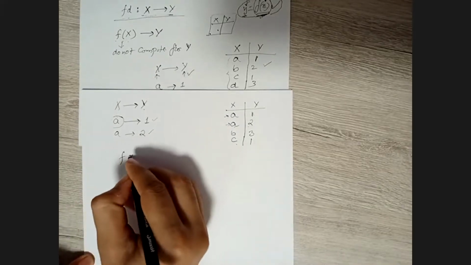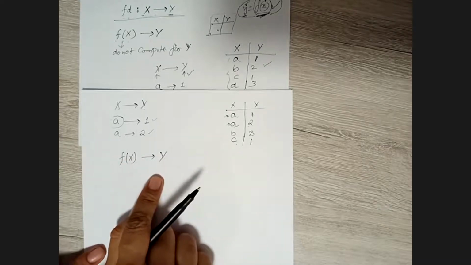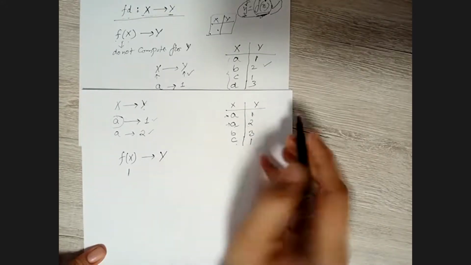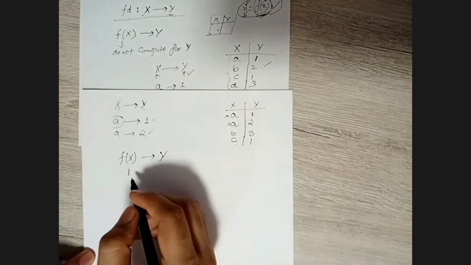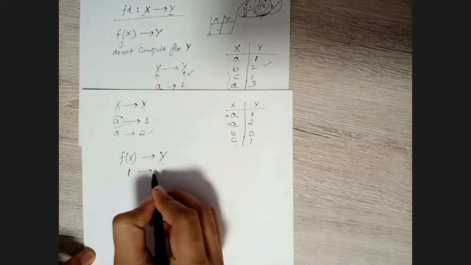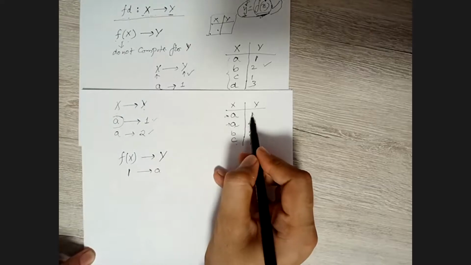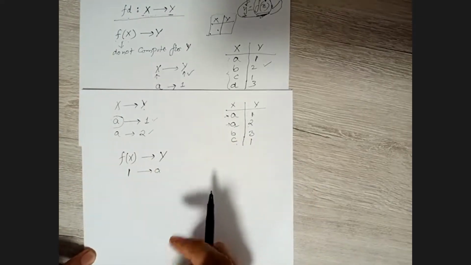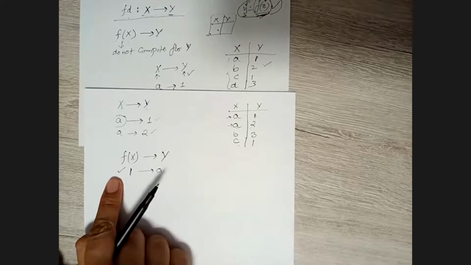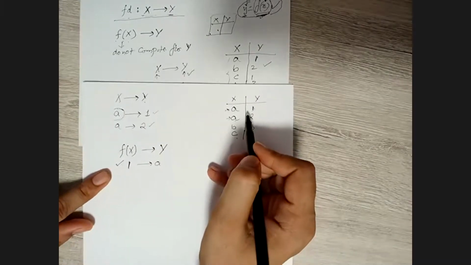For example, f of x, I'm saying that f of x determines some value of y over here. I said that I have the value of 1. Can you tell me from where this value came? Okay, let me explain in some other way. I'm saying that I have the value 1 which came from a. So when I gave you a, I got the value 1 the same way. And I'm saying that this is true. I am saying that for 1 I am having a. This is the relation over here, for example.